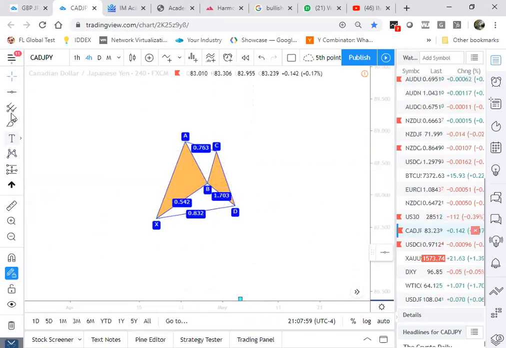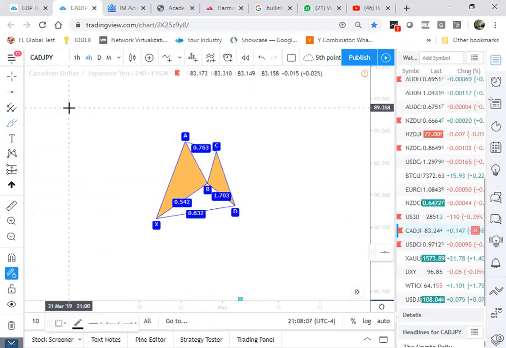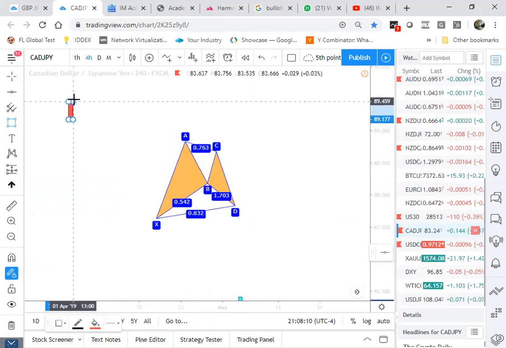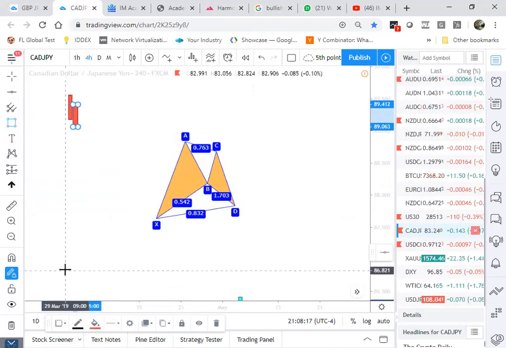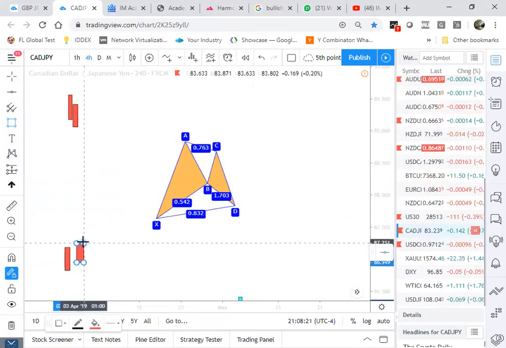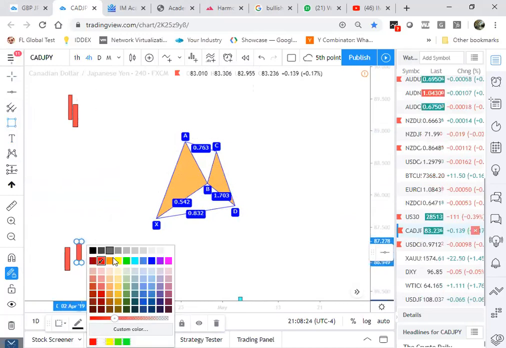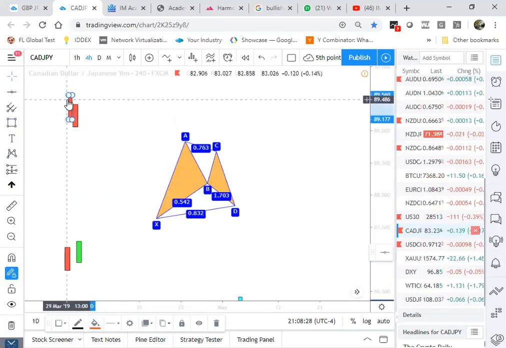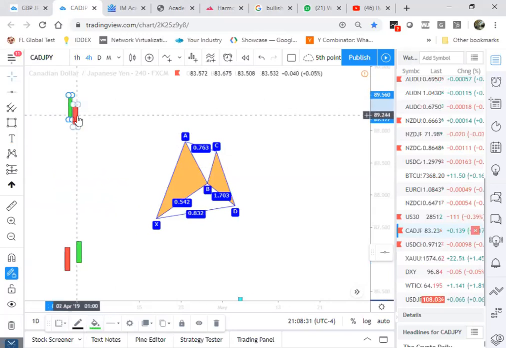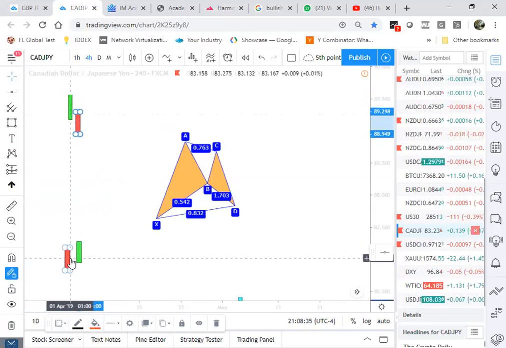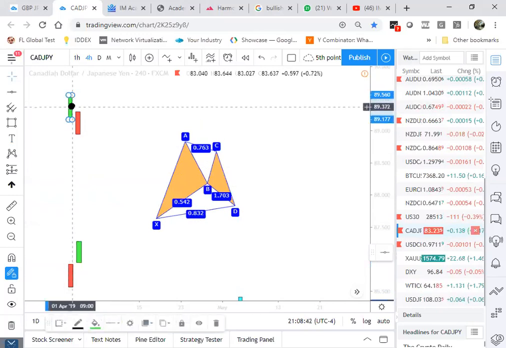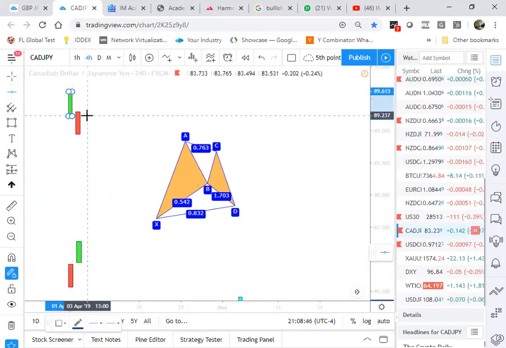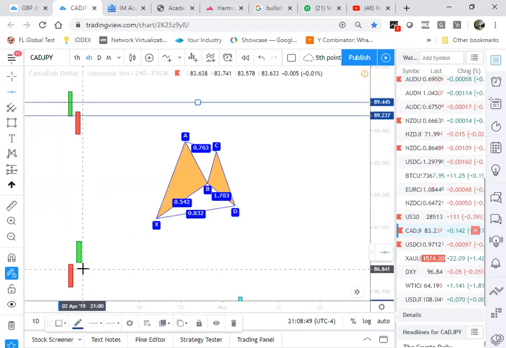The things that I look for with the scan is to see if there's any area of imbalance, right, above or below, all right, above and below, so that we could identify this imbalance and